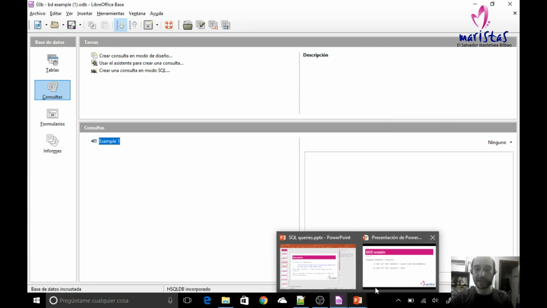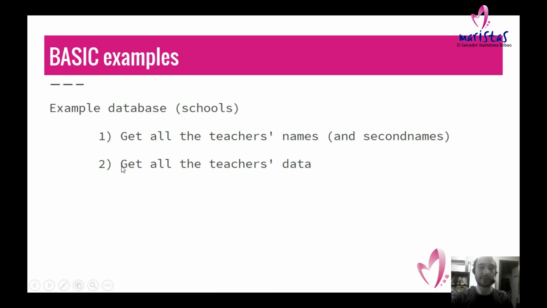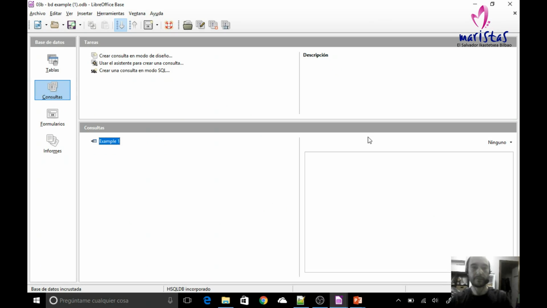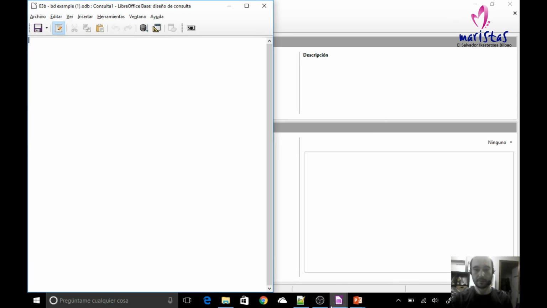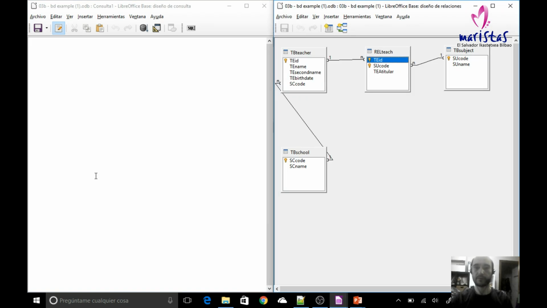Our second example says that we want to get all the teachers' data. I mean, not only the names and second names, but all their data. So let's write a new query. We create a new query,